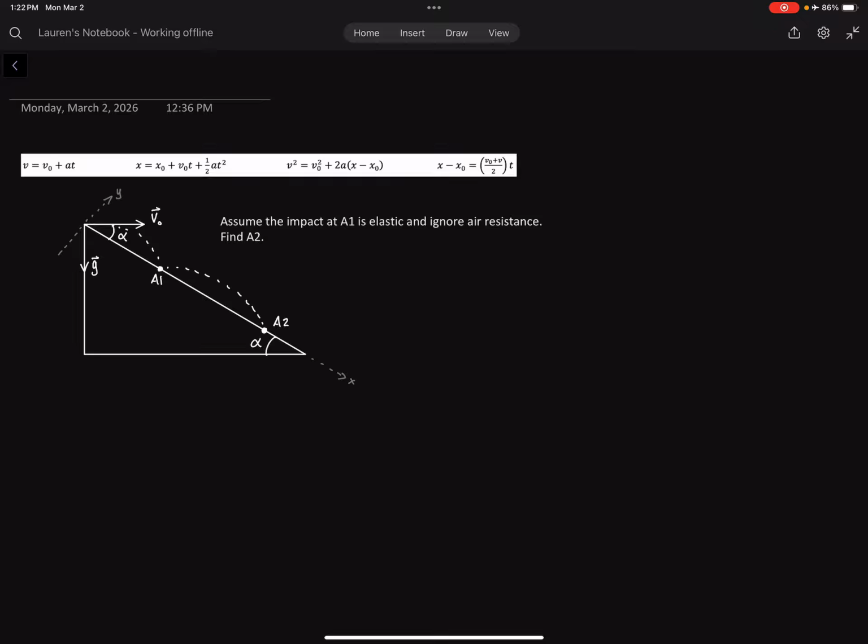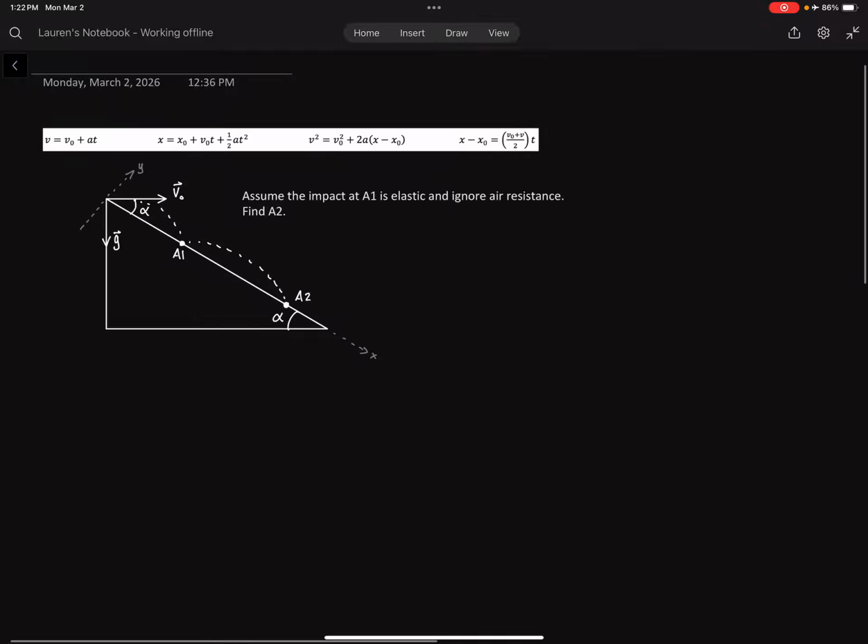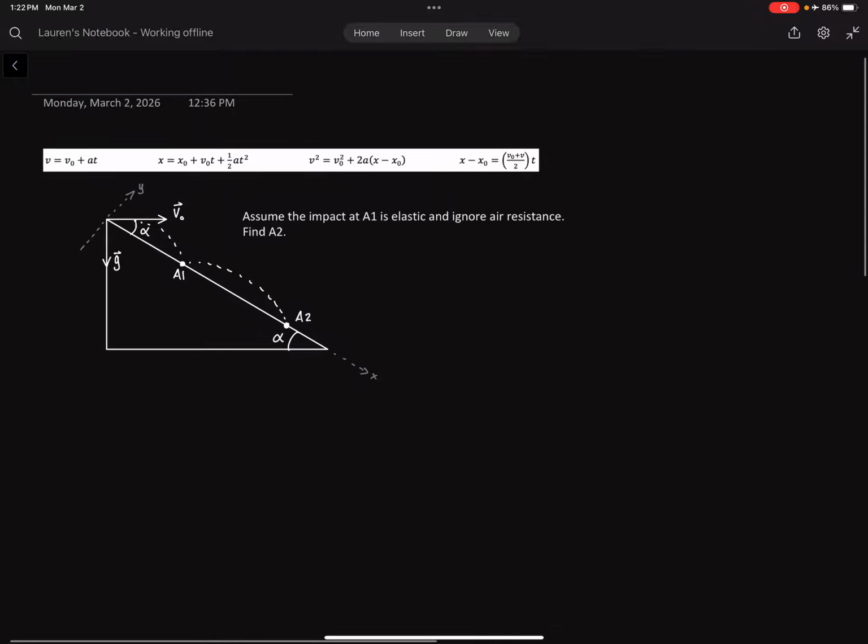He does a similar problem of the week, and this one was a two-part problem where first you find A1 and then you find A2. We'll do both today. This is an interesting one because, as the diagram shows and gives a hint of, it's